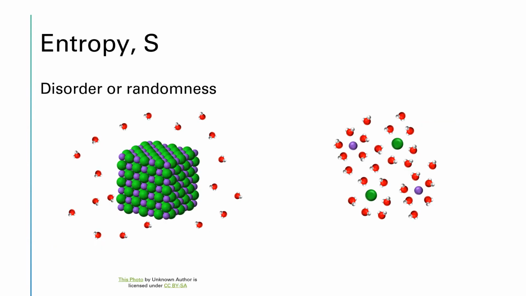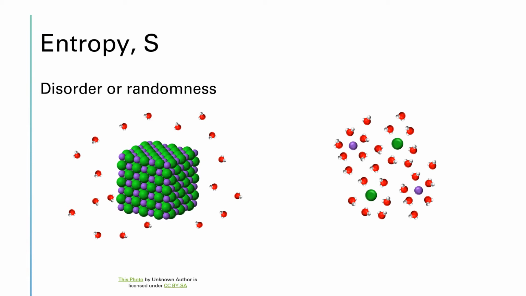So spontaneity can change depending on the conditions of the reaction, but something that's spontaneous just happens all by itself. Entropy is the thermodynamics quantity that describes randomness or disorder. If we compare these two diagrams on this slide, they have very different degrees of randomness. The diagram on the left shows a crystal of sodium chloride that is surrounded by water molecules. The diagram on the right has some sodium ions and some chloride ions that are now surrounded by water molecules, or dissolved up into the water.